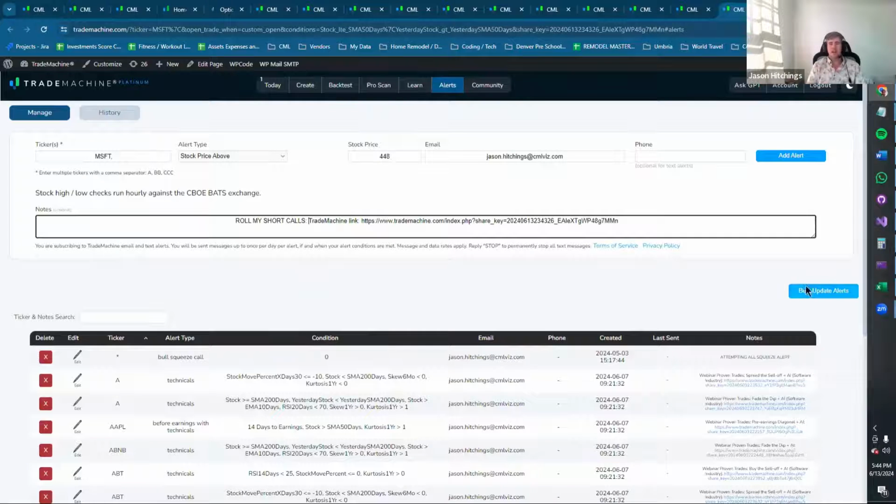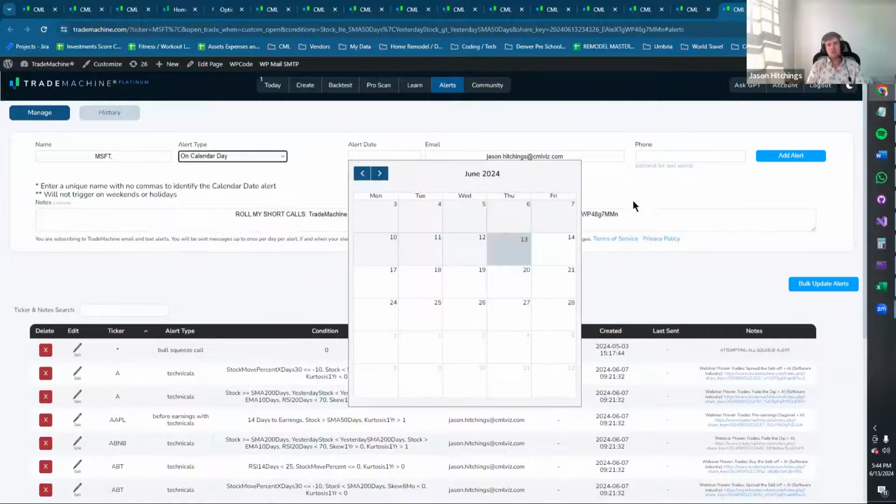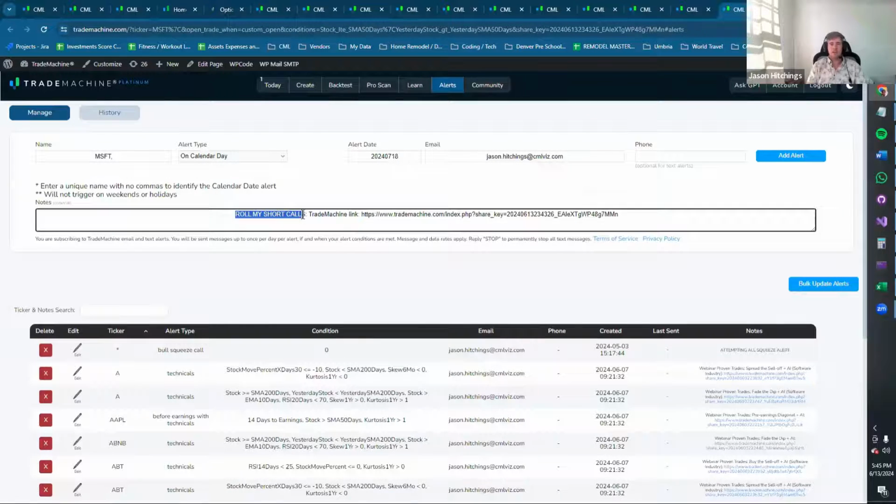You can also set a calendar alert, and if you click add, it'll just add it to your alerts. You can create calendar alerts if you know you sold something that closes on the 19th. You could set a calendar alert on the 18th and say, make sure short calls are out of the money. So you could send yourself a little reminder to go check that position. So that's ways that you can help monitor it, either through the price or just checking on a certain date to make sure your stock doesn't get called away from you.